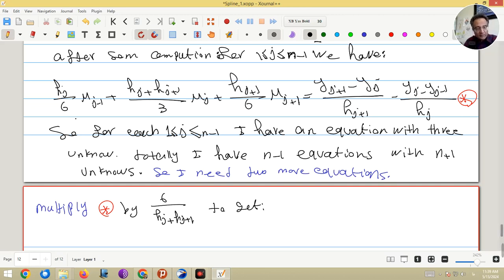If I do this multiplication, 6 will cancel with 6, and we have just h_j over